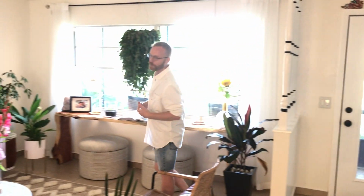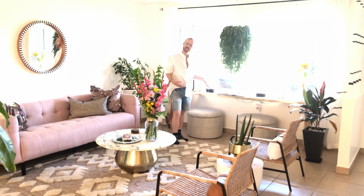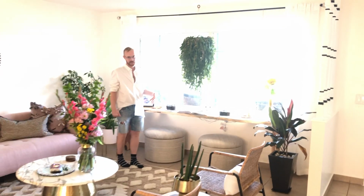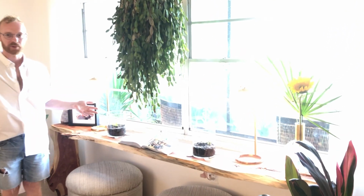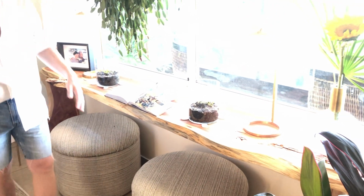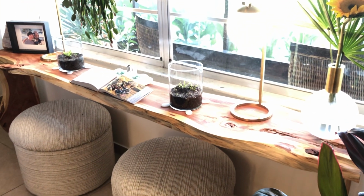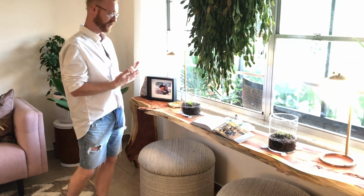So over here we have this beautiful 8-foot long cedar live edge wood table. I love this piece and it's handmade. I made it through sourcing a local lumber yard, and I just love all the beautiful natural details between the knots and the curves. And what's great about this is that because it's handmade, I can customize it to whatever size we need to suit your area,